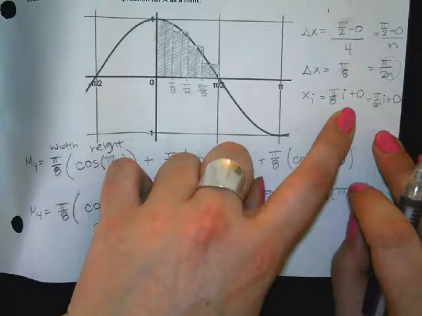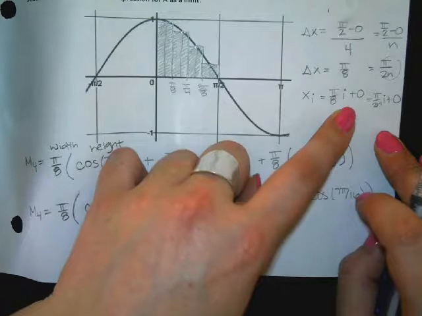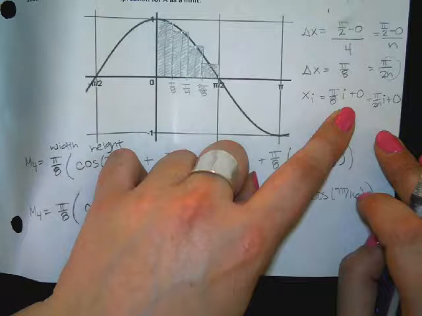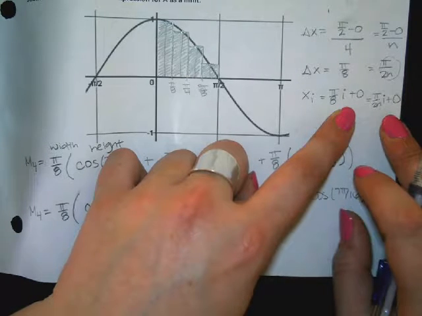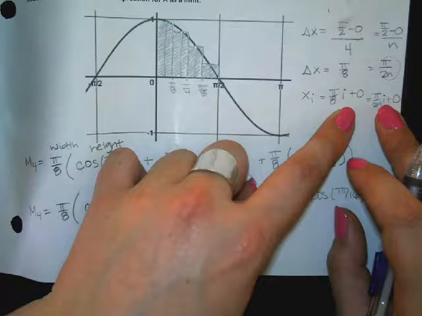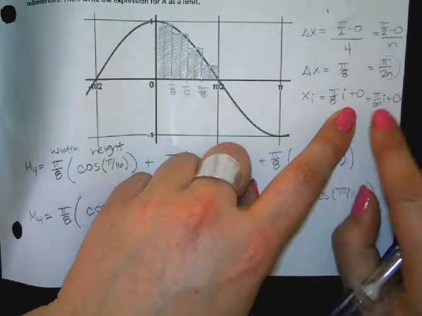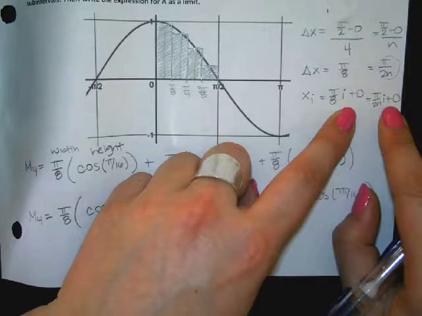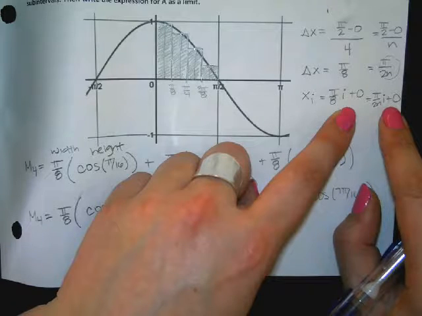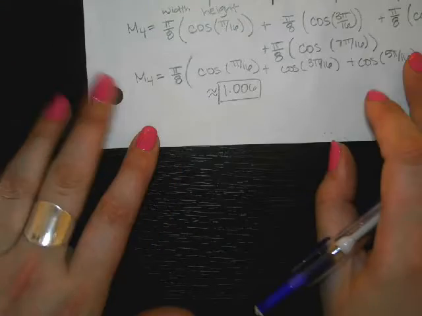And this doesn't make as much sense today as it will once we start to take the pictures away and figure out what numbers we're plugging in for cos or whatever function we have using left and right endpoints. So for today, just try to track along with us. It will make more sense as we go on. Okay? All right, so we have our delta x. We have this part right here, which would help us figure out what numbers we're actually plugging into the function. Okay? All right, so we're going to say the limit